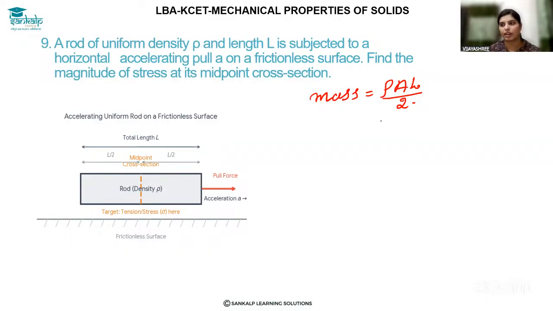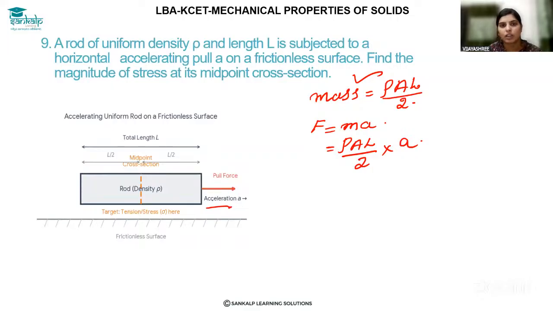Right. So now apply Newton's second law. According to Newton's second law, force is equal to mass into acceleration, right? So what is the given mass here, which is equal to rho into A into L/2 into acceleration. Acceleration means,